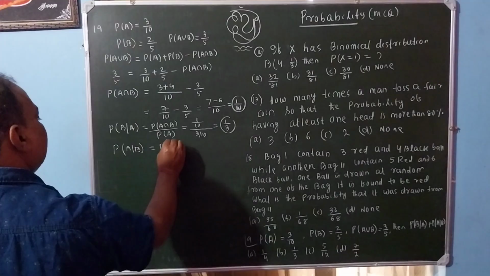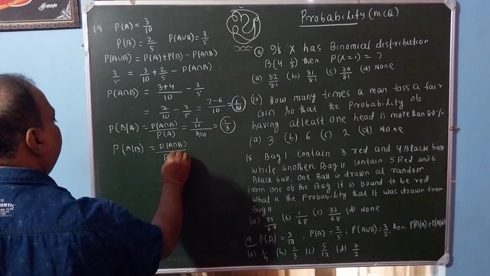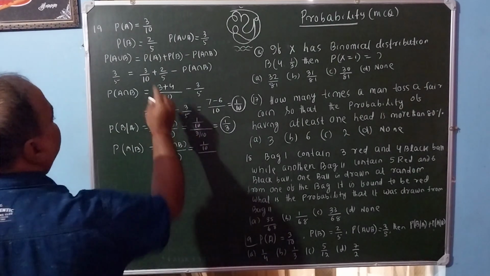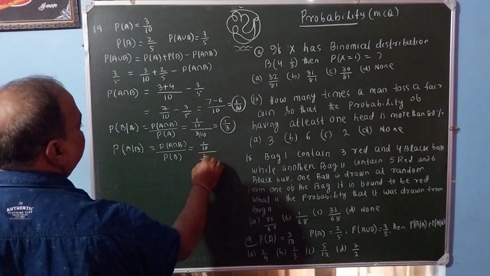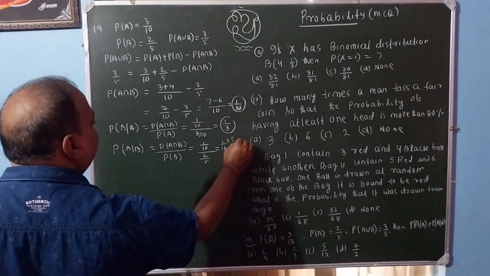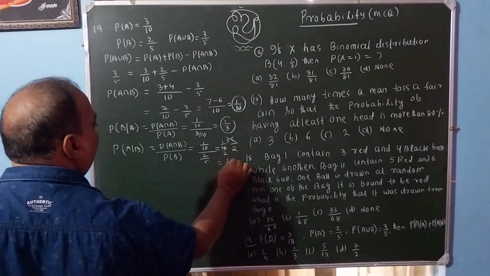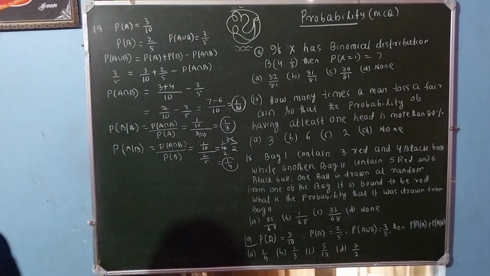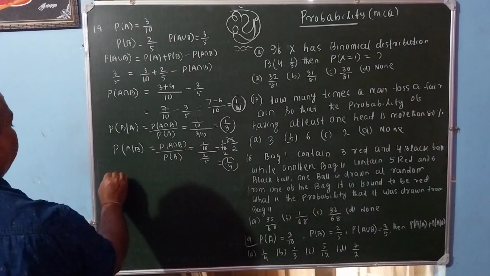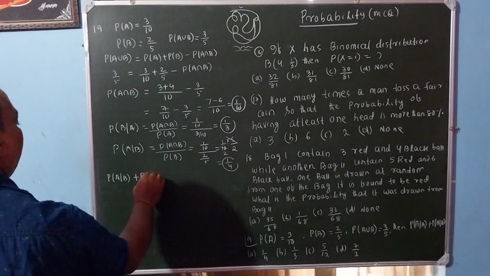Probability of A intersection B divided by probability of B. It is 1 by 10. Probability of B is coming out 2 by 5. Here it is 1 by 10, 5 by 2. 5 into 2, that is 1 by 4. Okay, 1 by 4. But our aim is to find out probability of A conditional B plus probability of B